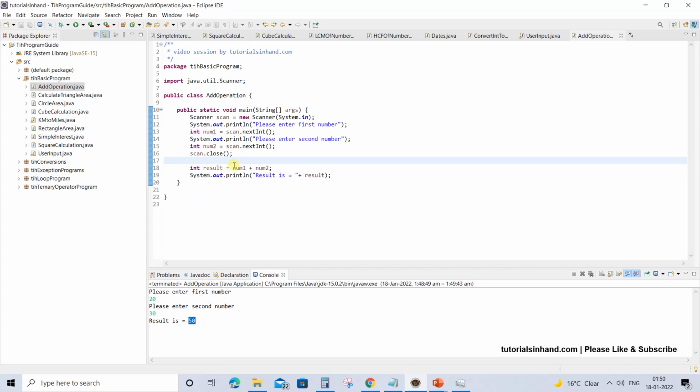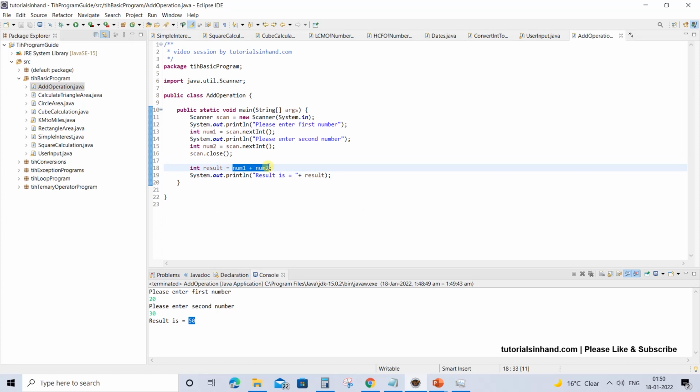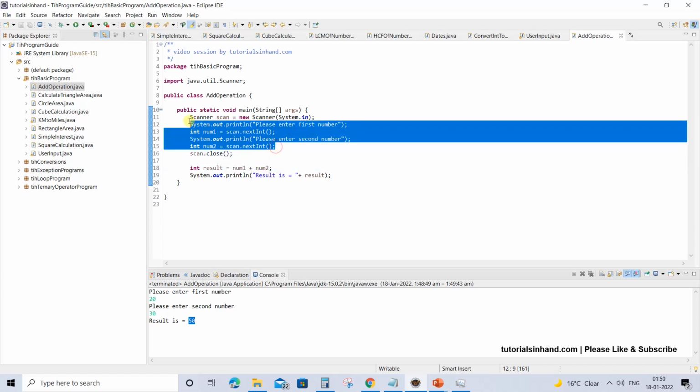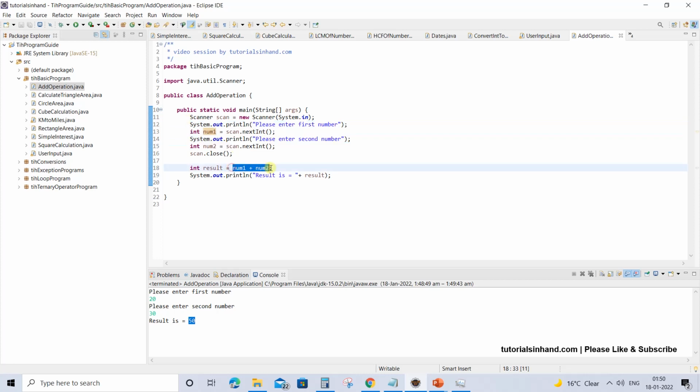This is how you can add two numbers, and you can use the same template to accept any number of inputs using the scanner object, and you can use that input to add all the numbers. You can use that to subtract, multiply, or perform any arithmetic operation. For example, you can perform a subtraction operation and then you can print the result over here. You can perform a division operation, you can perform a modulus operation, and then print the result over here. So you can do whatever you want, whichever operation you want to perform using the same template that we have seen so far.